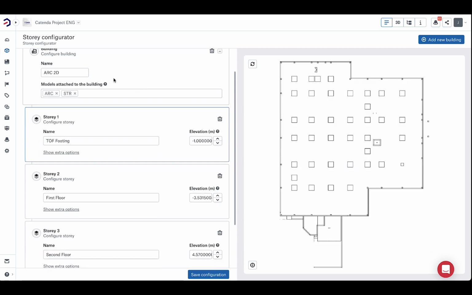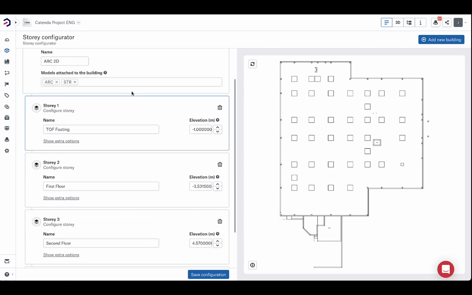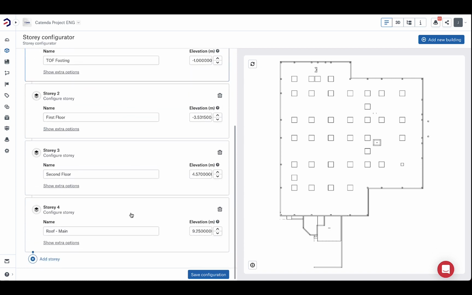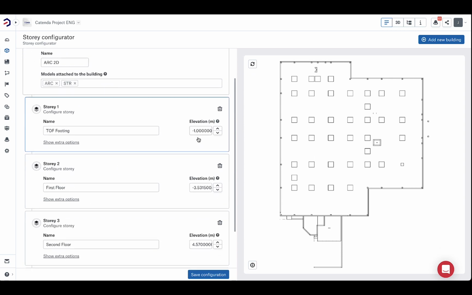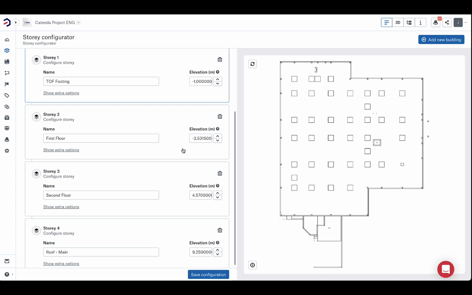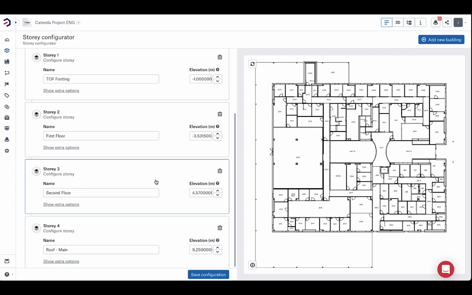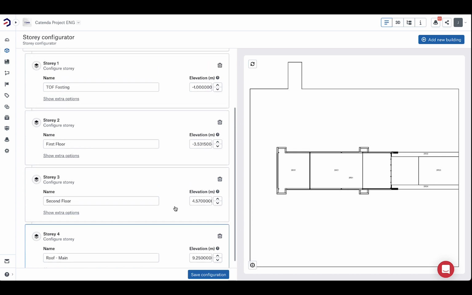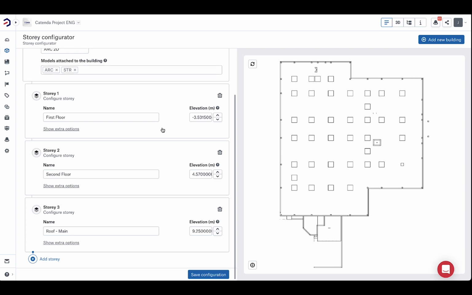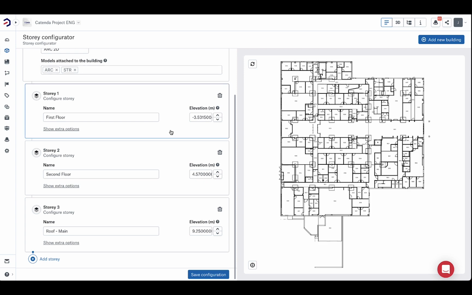And below that first tile called building, you will see that it will look for the stories that are available inside each model and display them here with their own elevation. So you see that there's the top of the footing from the structural model, then you have the first floor, then the second floor, and then the roof main. So I will keep those. I will just get rid of the footing top and just use those. So first floor,